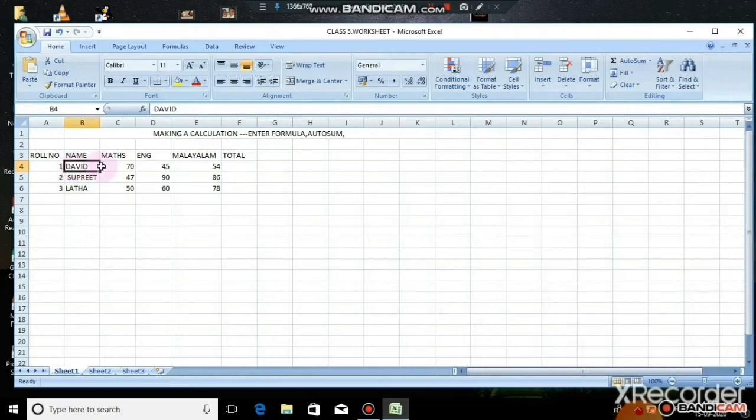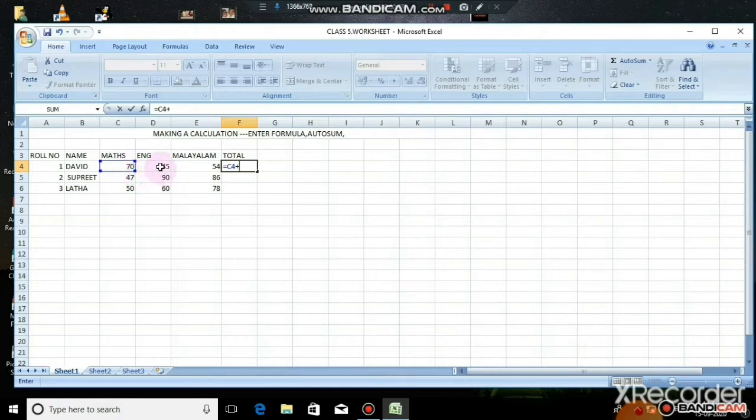To create a formula, first you are supposed to see the cell name. And then the formula should always begin with an equal to sign. So you should give the equal to sign first. After that click on the cell which is to be added.